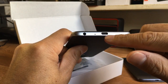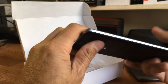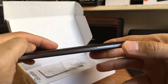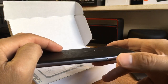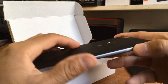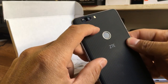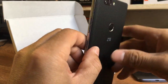So USB Type-C, we do have a microphone. Then on the right side, we do have the SIM tray. This is sort of like a hybrid SIM tray where you have the SD card, and you're able to put the SD card and the SIM card in the same slot. I'll probably show you guys that in a minute, but I'm real happy to see the dual cameras set up right here,